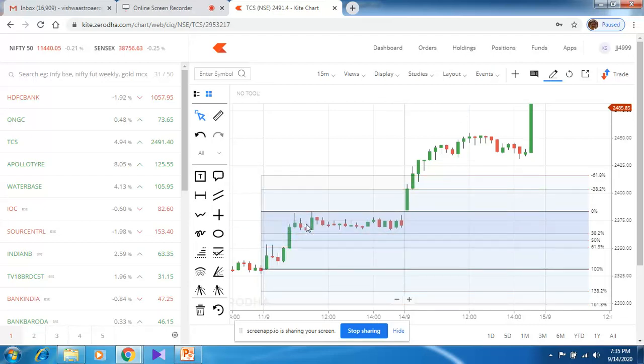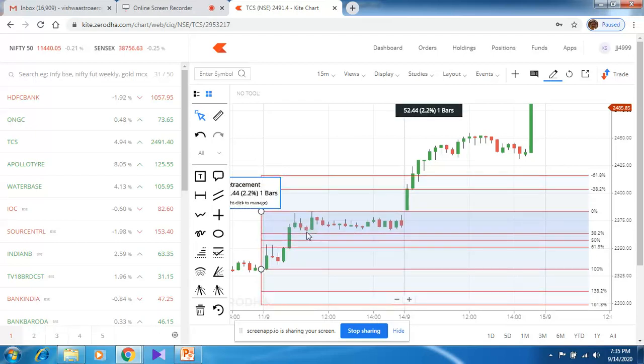Okay, sell somewhere. So for that sake, it came down for a while, but again it tested this line, 38.2. But if this red candle had crossed this line, then the market would have come down further. Following that, if it had crossed this one, there was no stopping it until it reached 100%. So this is how Fibonacci works.